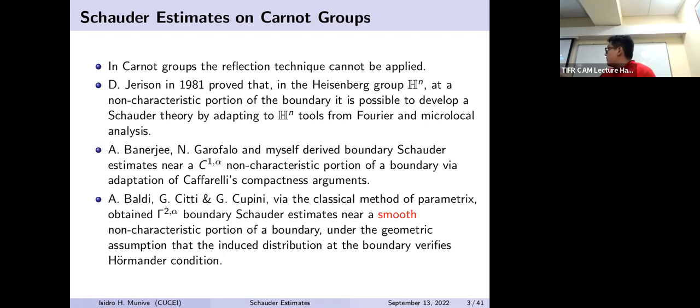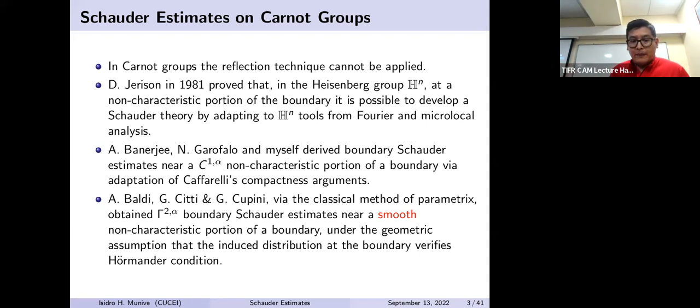And also, this paper was the one I was mentioning with Agnid and Garofalo. We started thinking about this type of problems in my first visit. So we have Schauder estimates in Euclidean C^{1,α}, in a portion where there are no characteristic points, and the idea was to use some arguments by Caffarelli. Now we tried to implement these ideas in this setting for k bigger than 2, but we really needed some other approach. So we have to combine Caffarelli's ideas with